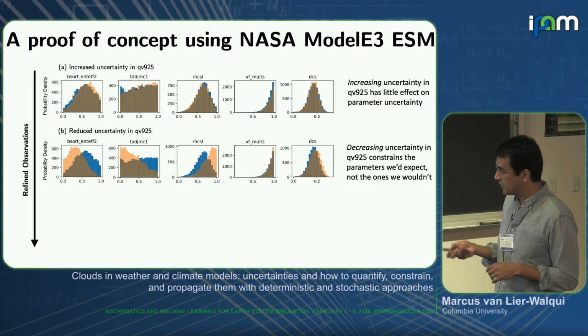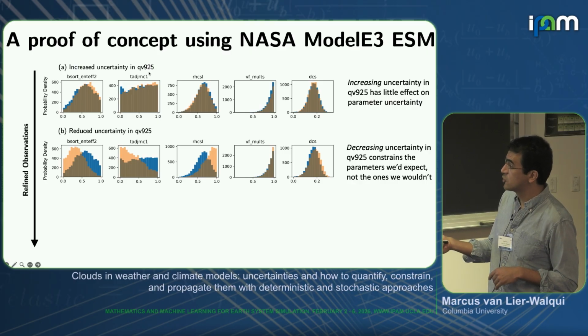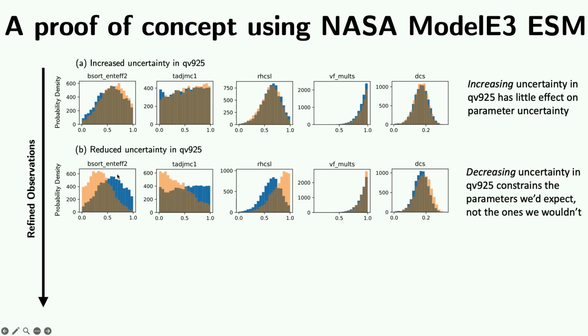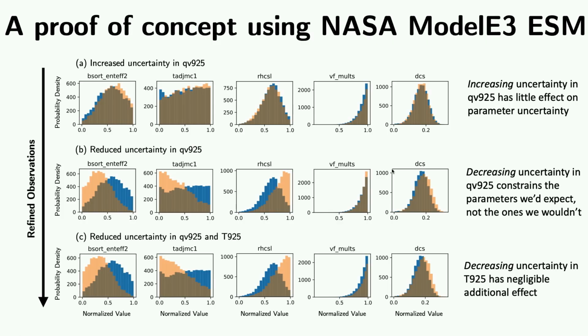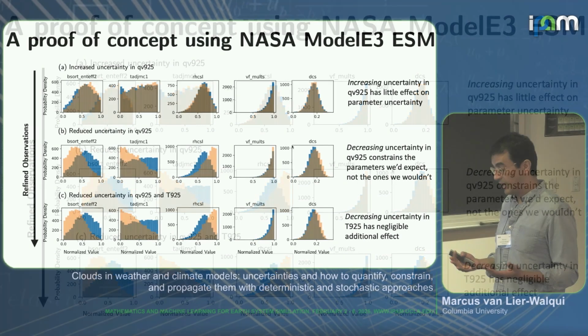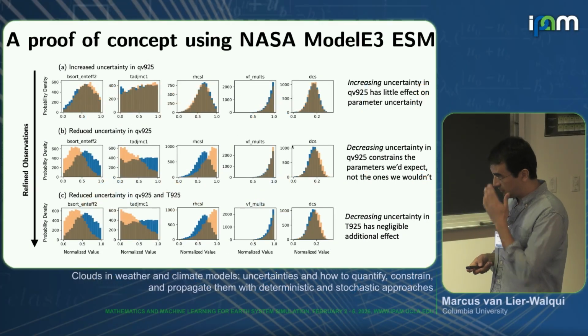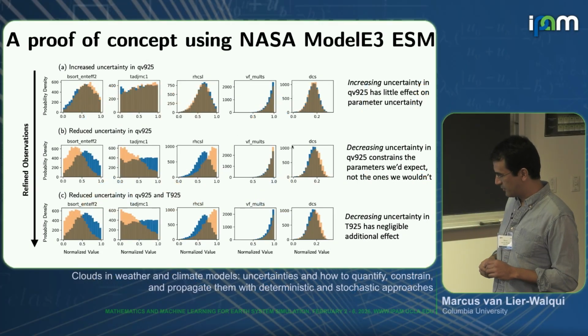for boundary layer humidity. So this first one is sort of an entrainment parameter. And the other ones are related also. There's certain things that we shouldn't see an effect, and they don't show an effect. So that's good also. And we also tried temperature. What if we had better observations of temperature? That has no additional difference. So we also learned that having observations of water vapor is much more important than having observations of temperature.